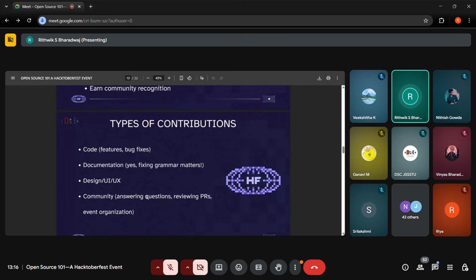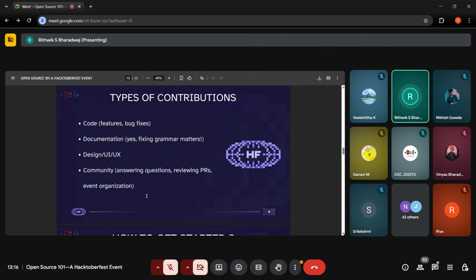So what are the types of contribution? One is that you can obviously code new features, right? Say you got a new feature idea for some software, you can code it out and you can contribute. Or say you found a bug, you can fix that bug. That's also a contribution. Now, I want to kind of go over the fact that earlier we had a myth, right, that only pros do open source contributions. So not really the case.